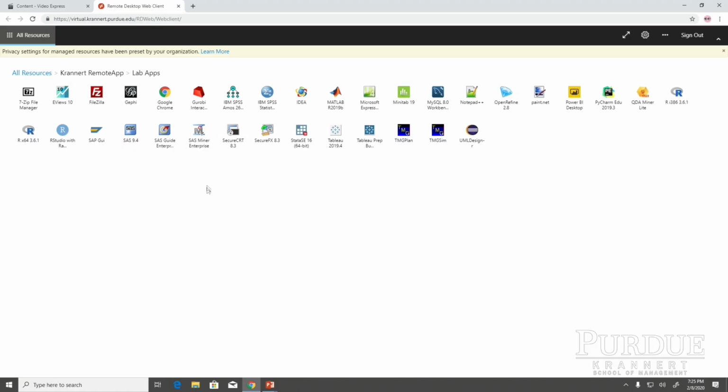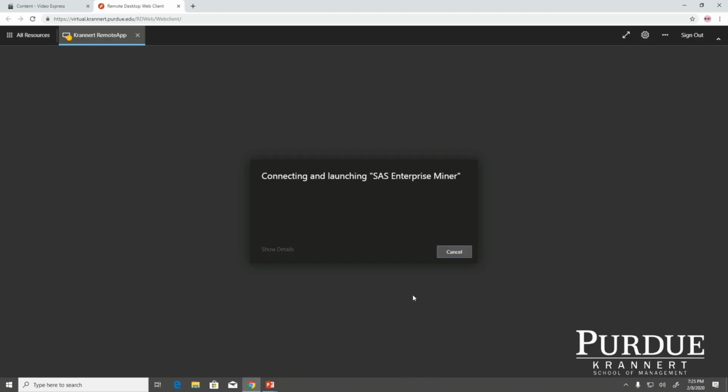Then click the folder called Lab Apps and find the SAS Enterprise Miner. Click that, and then go to launch to the front page of SAS EM.